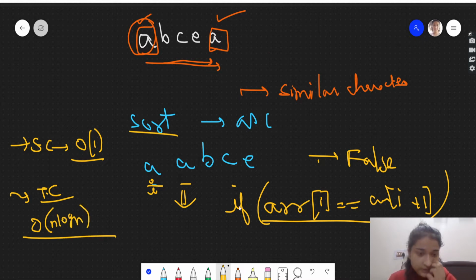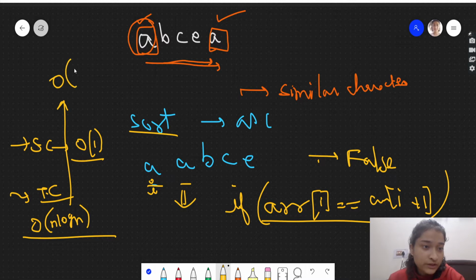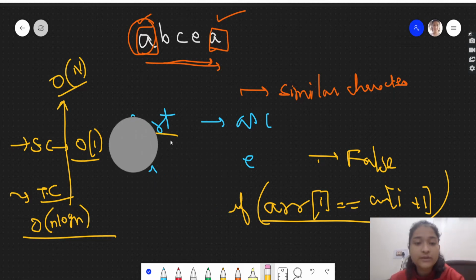So for this approach the interviewer will say to optimize the approach. When the interviewer says optimize, it means the interviewer wants us to do it in O of n time, right? So this approach we cannot use. Let's think of something else.